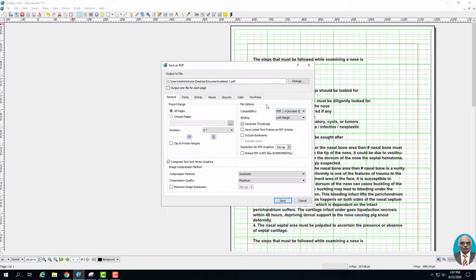So when you choose this compatibility, you will have to take into account that the lower the version, the better will be the access for people. But there are a few trade-offs. Supposing your document contains transparencies, or if your document is encrypted and follows 128-bit encryption, you need to choose 1.4.